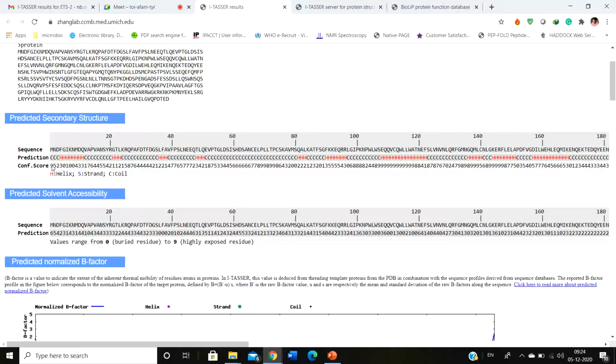For example, a 9 means yes, it's a coil, this methionine belongs to coil, but a confidence score of 2 means very low confidence, I'm not sure whether this aspartic acid is a coil or not. A confidence score of 0 means even lower. So this is the confidence score with which they can say if it's a helix, strand, or a coil. That's how to read this confidence score: the greater the number, the more the confidence.